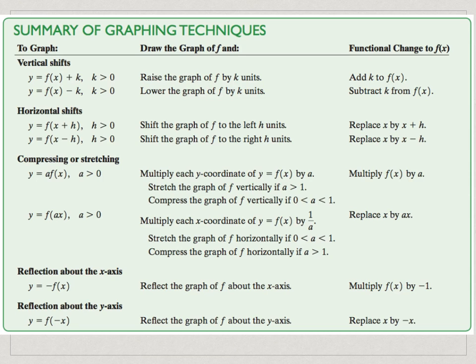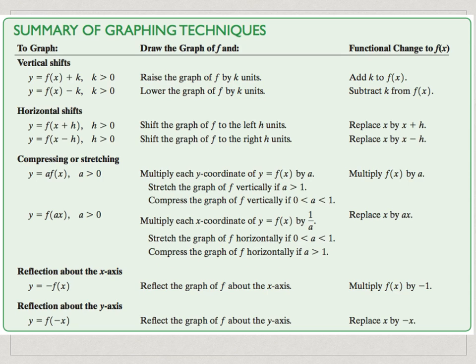But basically, the k value will affect the vertical shift. The h value will affect the horizontal shift. When there's a constant being multiplied to my f of x, it's going to stretch it vertically, or compress it vertically. And that changes depending on how big a is. Same thing if I multiply my input by a number, it's going to change the horizontal stretch and the horizontal